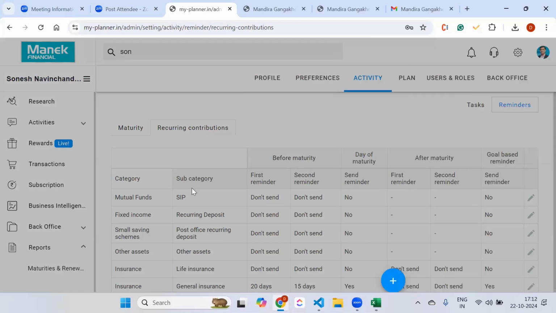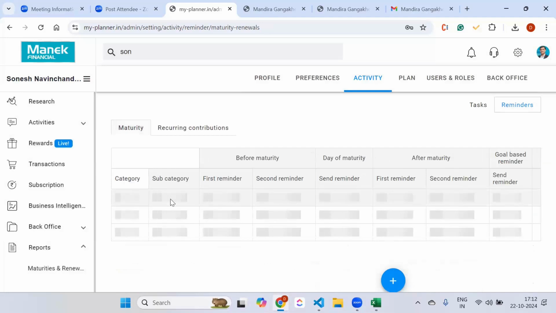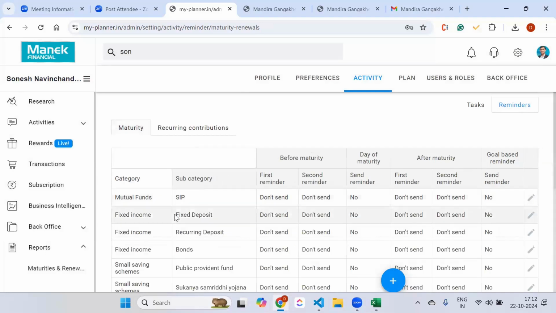And this is true for SIP and all other assets related stuff. So इसमें आप मैच्योरिटीज भी कर पाएंगे, किसी की एफडी मैच्योर हो रही है तो आप उसको भी मेल भेज पाएंगे कि आपकी एफडी मैच्योर हो रही है, पैसा बैंक से निकाल लीजिए या वापस इन्वेस्ट कर लीजिए, and so on. तो ऐसा।